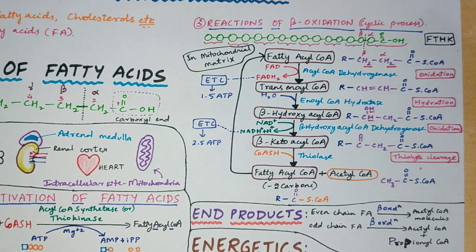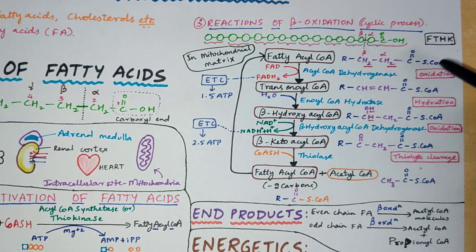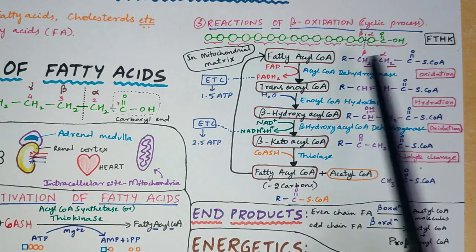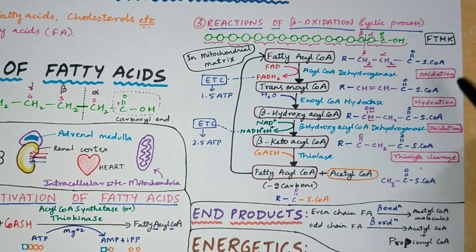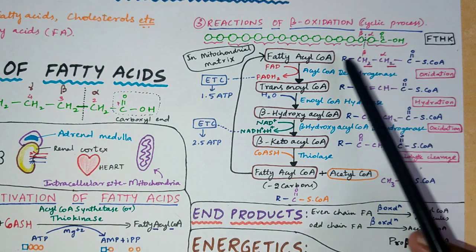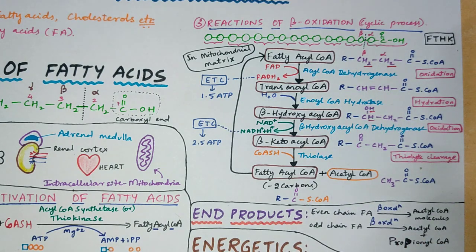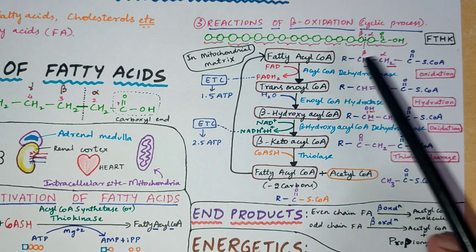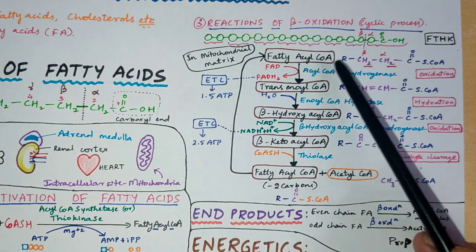Now let's see what we'll do with this kid now. As we learnt before with the OHOT mnemonic, to remember the 4 steps of this beta oxidation, let's see what happens in this. So now as we can see, there are more hydrogens with the fatty acyl CoA. What we'll try is, we'll try to snatch those hydrogens from this fatty acyl CoA.